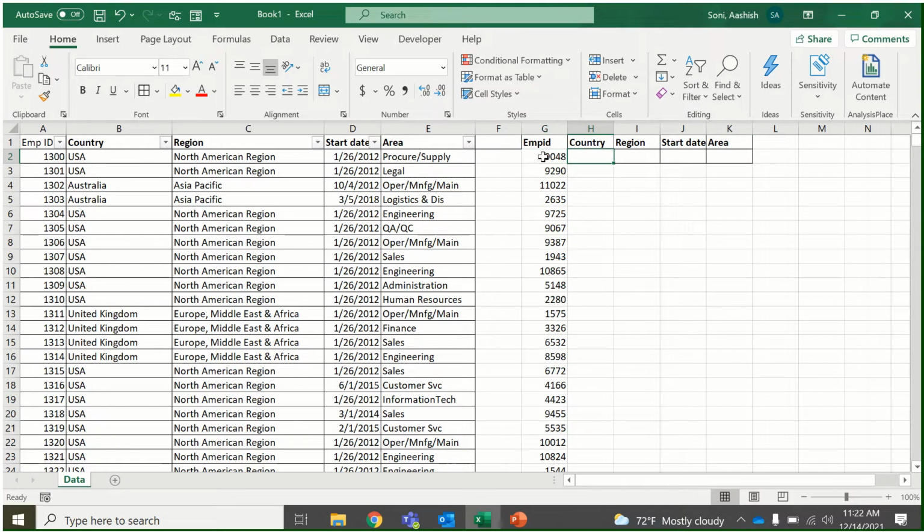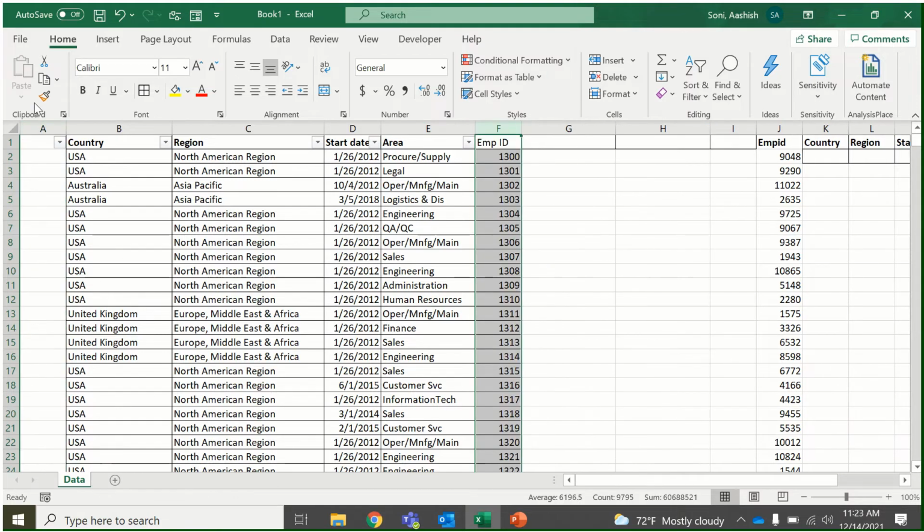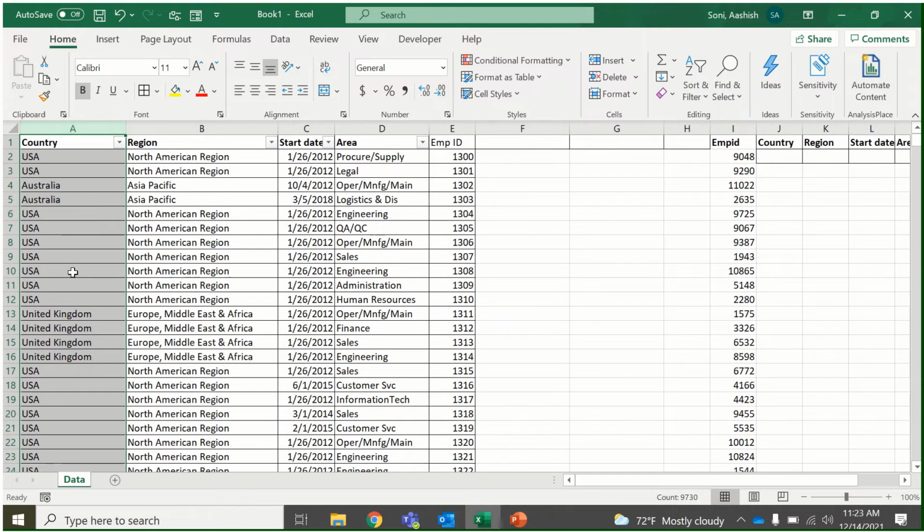Before starting a VLOOKUP, you have to make sure of one thing: whatever lookup value you're finding in your table array should be in the first column. That's the base. If you're not considering that, your lookup value will not work. Suppose your manager had given you the data and you had the employee ID here. Let me move this to show you.